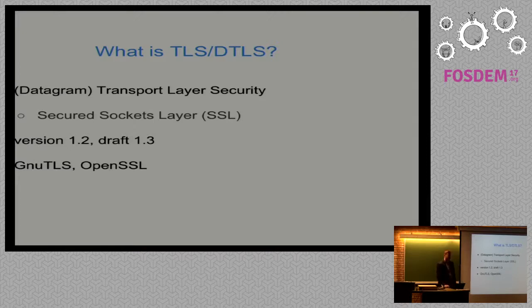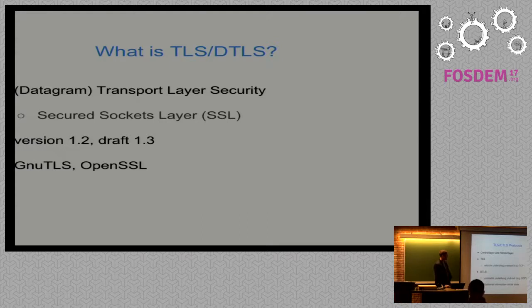We have a draft that describes version 1.3 and introduces a lot of cool stuff, such as 0 round-trip times. So you basically send your data within negotiation. And it also restricts some ciphers and so on. It's still a draft, so it's not used. You can find GNU TLS and OpenSSL. These are the most widely used implementations. You can find, for example, LibreSSL, or other libraries as well, but all of these are mostly forked from OpenSSL